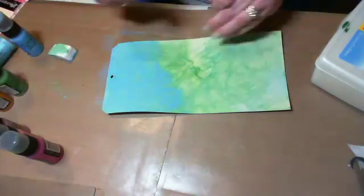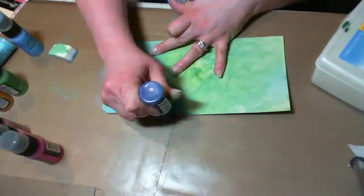And then if you want to come in and add a little bit of color, like texture, I